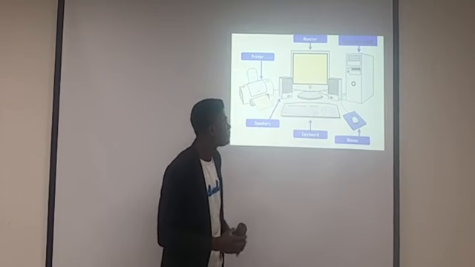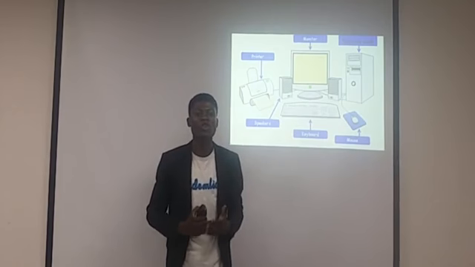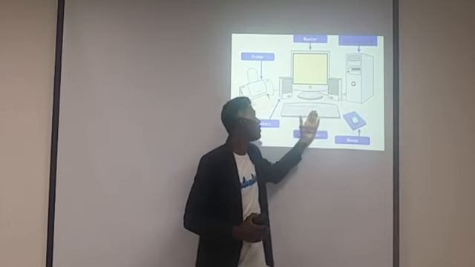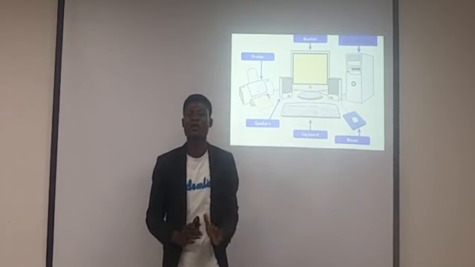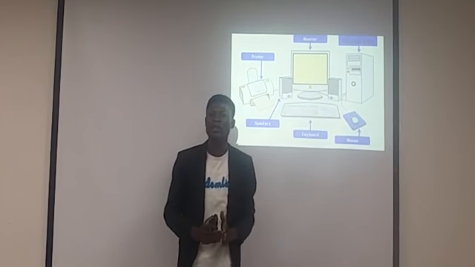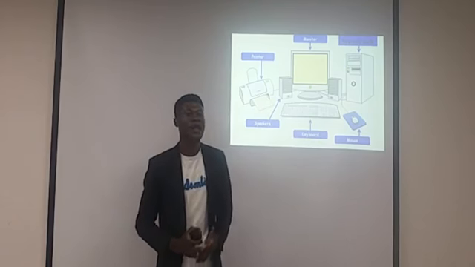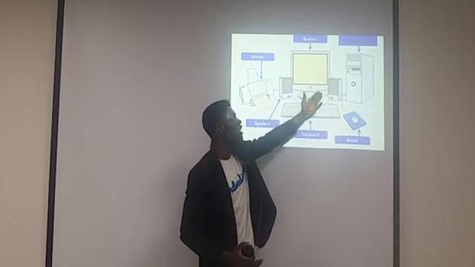So let's look at that. To be able to use the computer, the most important things you need are the monitor, the system unit, the keyboard, and then the mouse. If you have these four things, you can use the system, to key in data into the system, process it, and then generate an output, of course, by displaying the result of what you have processed on